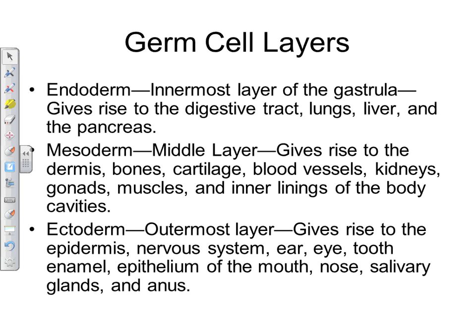And then that outermost layer makes things that typically are on the outside of your body, like the epidermis. And that is what? The outer layer of skin, the part you can see. Big parts of the nervous system. Most of the sense organs that are on the outside part of your body, like your ears and your eyes. It makes the enamel of your teeth, which is the outside part of your teeth. The epithelium of the mouth, the nose, the salivary glands, and the anus. Epithelium is not just on the outside, it's the linings of any kind of opening. So the epithelium in your nose, mouth, salivary glands, and